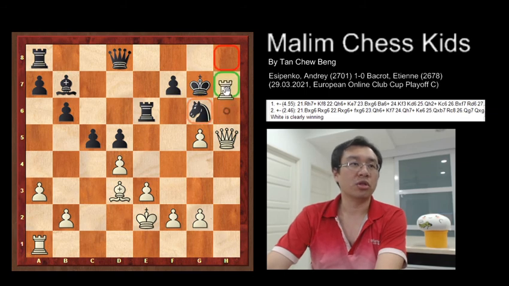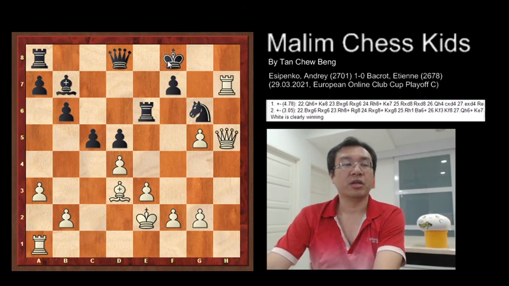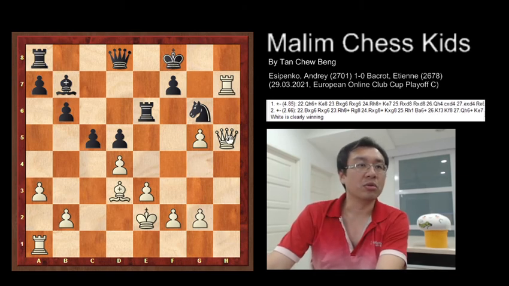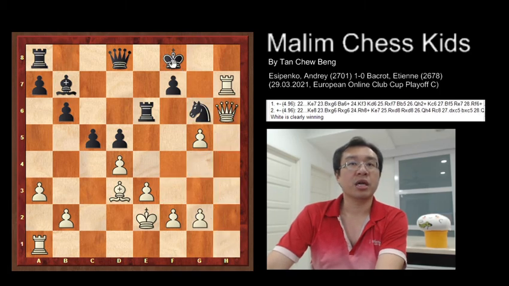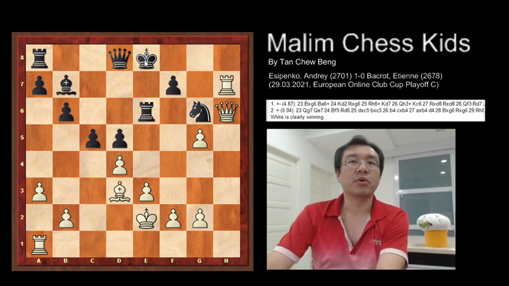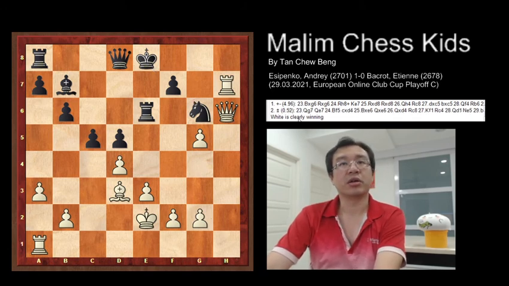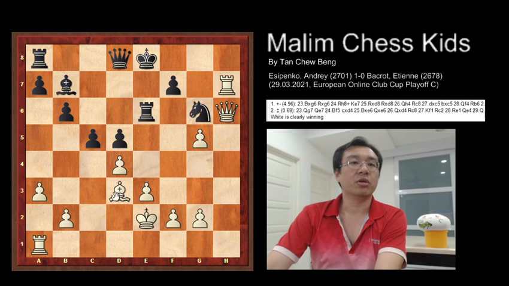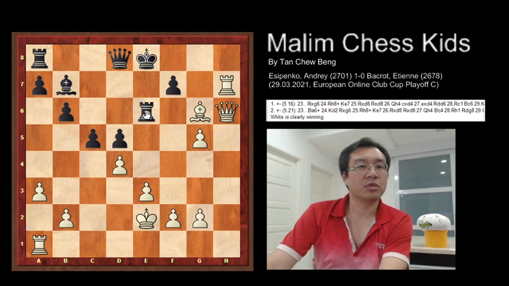And here, if you continue to check, then the king can escape to f8. And now if you continue to go to h6 and check, then the king can just move to e8. And after this position, you can see that the white is just clearly better. And now if you want, you can just capture the knight. Then after this, the rook can just capture, or you can just capture